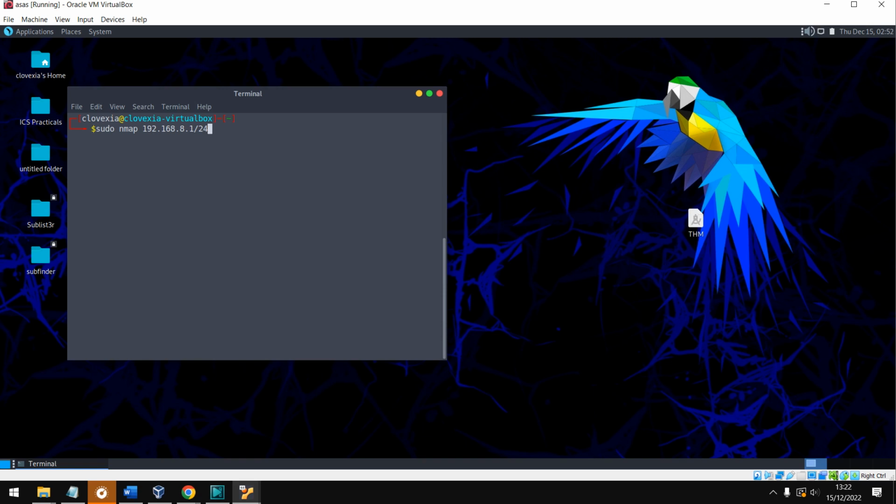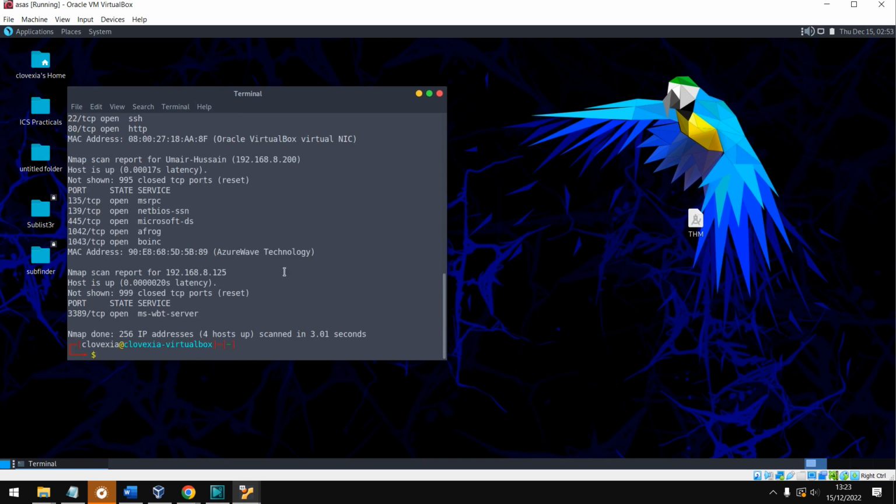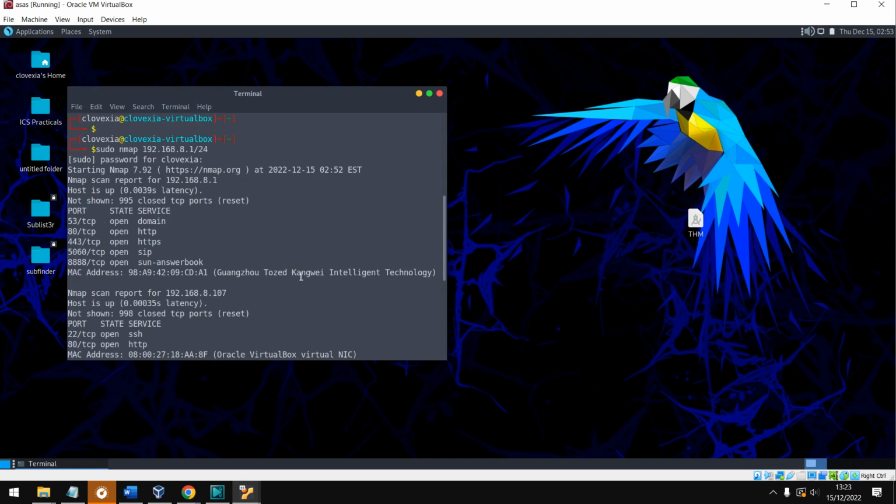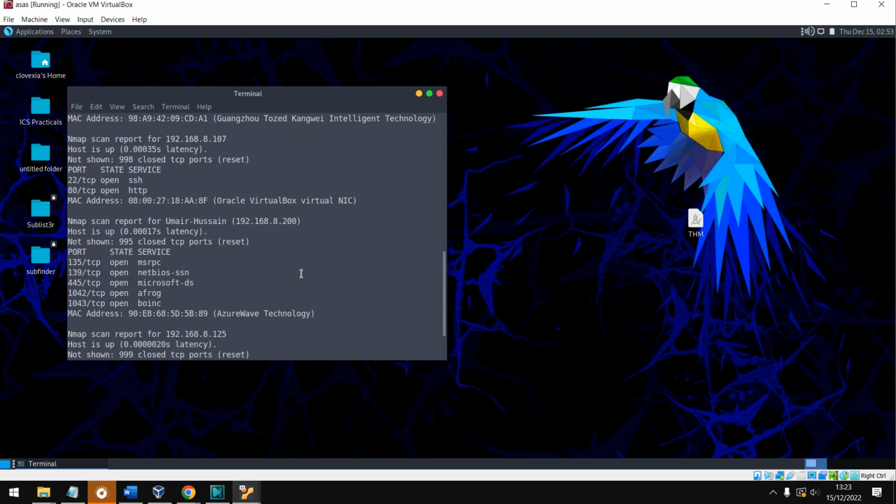I'm going to do the scan with /24, which means it's going to scan all the IP addresses, from 192.168.8.0 to 8.255. So it will scan all the devices that are connected in this IP range and list them all out. The way we find the IP address of the server is through the name. Oracle VirtualBox Virtual NIC is our server name, and it's 192.168.8.107, and